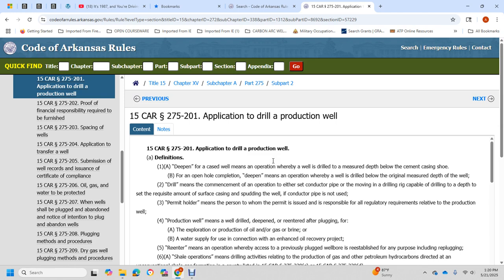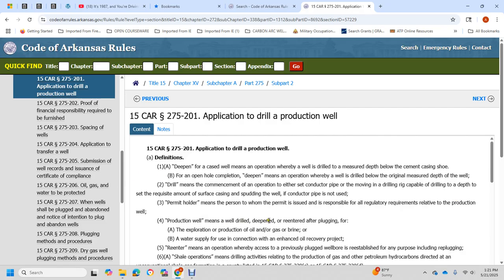Drill means the commencement of the operation, either the setting of the conductor pipe or the drilling pipe, capable of the drilling depth, with the setting of the requisite surface strip of the casing, with the spudding of the well with the conductor pipe. The permit holder is the person to whom the permit is issued, responsible for all regulatory requirements for the drilling and production,